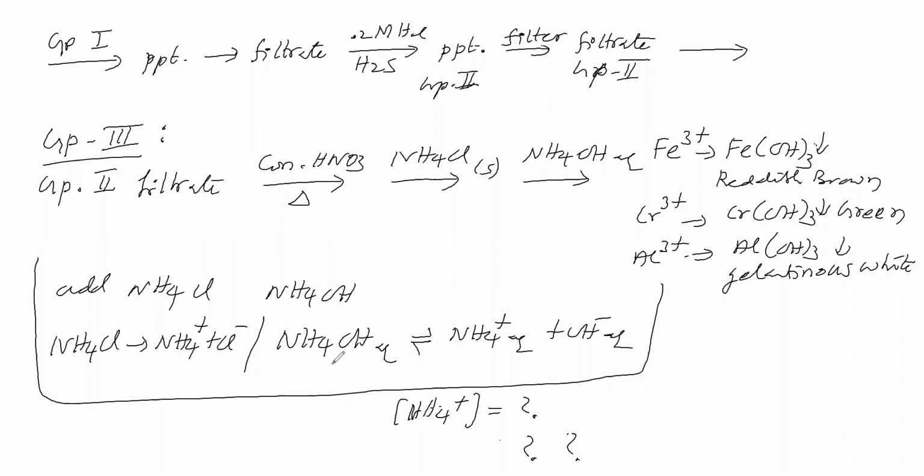Here, what are the things you added? You added ammonium chloride followed by ammonium hydroxide. In the resultant solution, ammonium ion will be there. Will the concentration of ammonium ion be one value or two values? Two values in the sense one is the concentration of ammonium ion due to ammonium hydroxide, another is due to ammonium chloride. Or only one value in the resultant solution, which is the sum of these two.